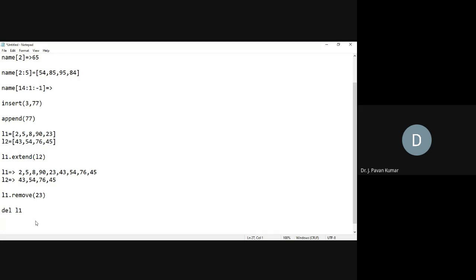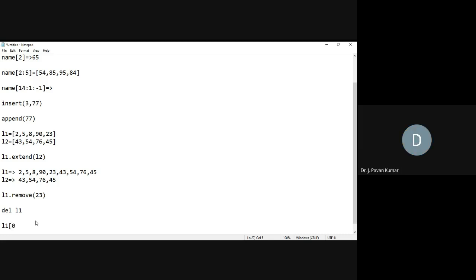Okay, and in the last class we have seen how we can print elements of the list. One way is by using the range function, with square brackets, L1 of any element we can choose, starting from 0.